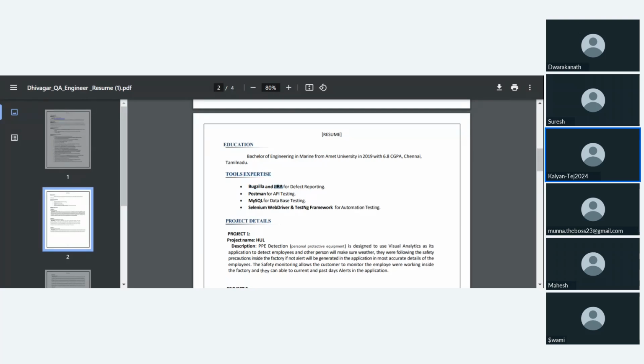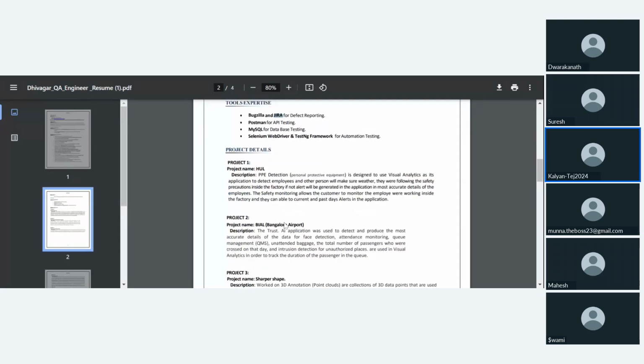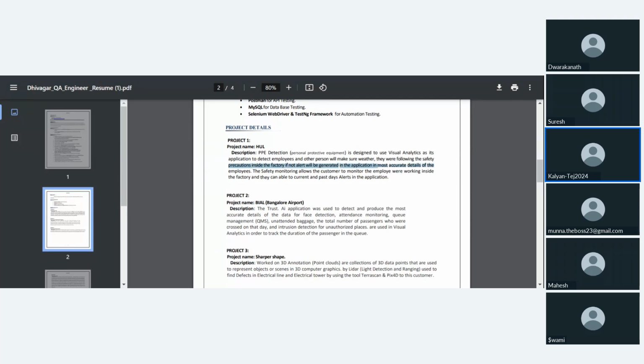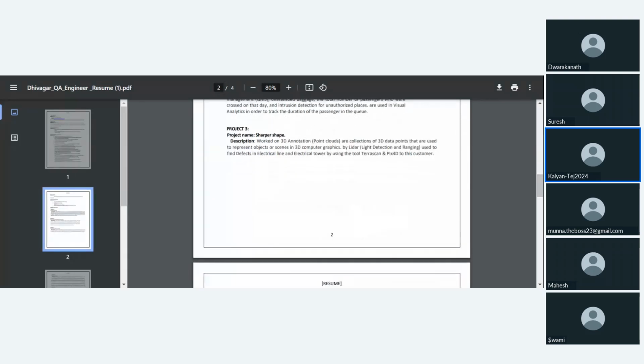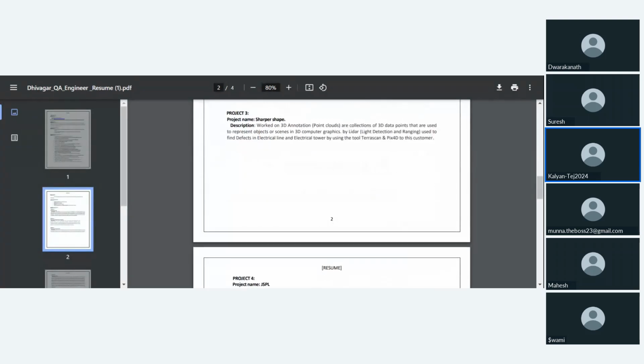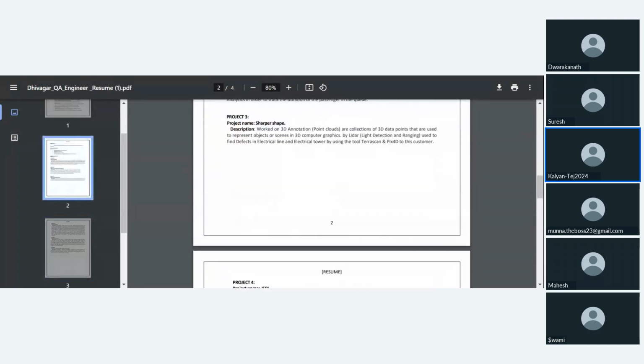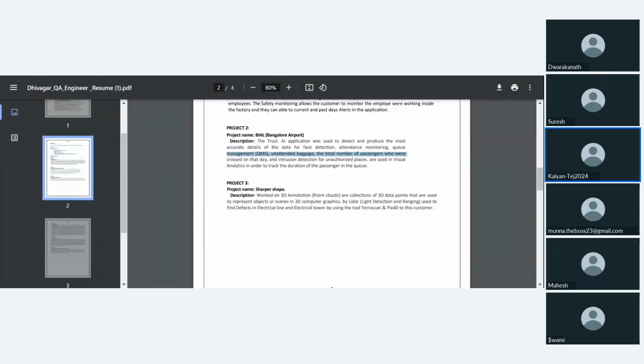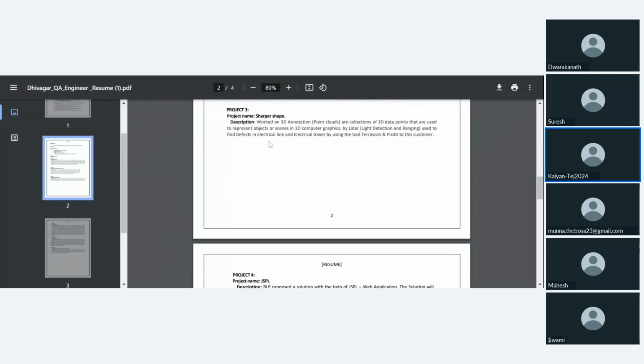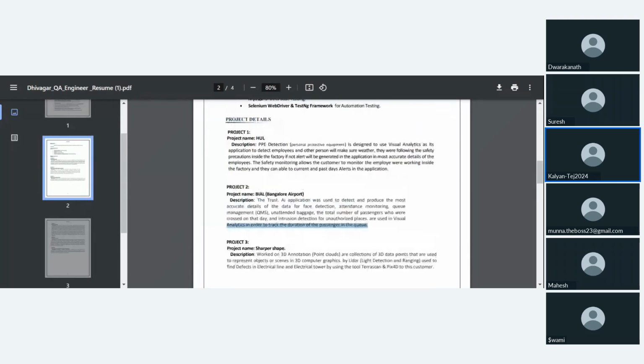Whatever the tools you have added, highlight this one. Okay, and project details. Always you have a project name or the project title. Always highlight this and give the proper description of your project. Do not give just one line, do not finish it in a single line. Give a proper project description. At least by the resume they should have some idea.